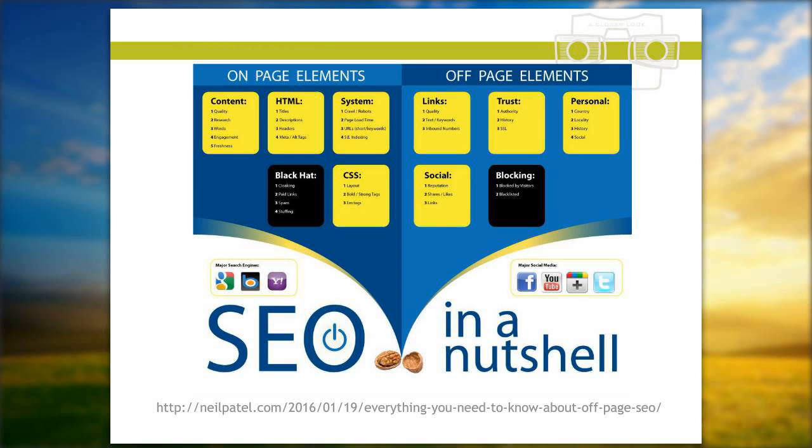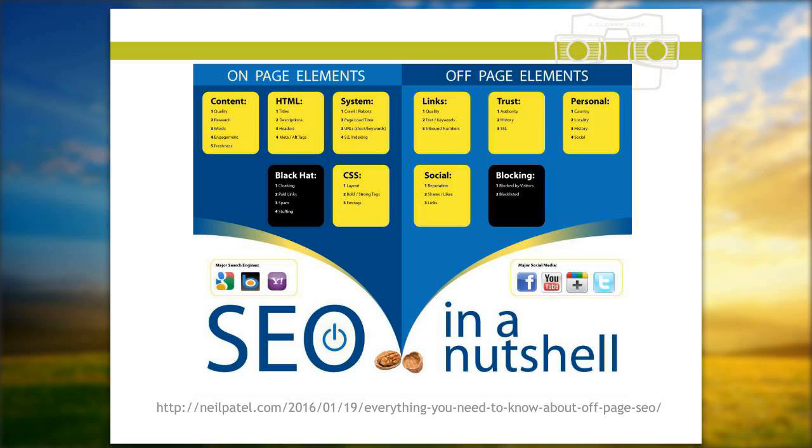So for content, there's the quality of the content, the research, the words that you use, engagement. I can't read that last one there. HTML is the code structure. There's system elements, whether you've got the basic elements like robots files, how long a page takes to load, and so on. And what you'll also see in the black elements are things that people do to try and rank well with search engines, but these are things that are frowned upon by Google, and you will actually get penalized if you do them.